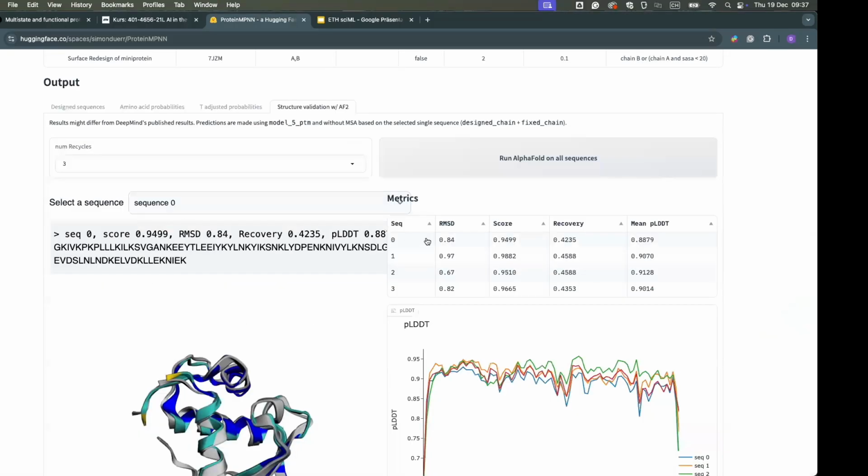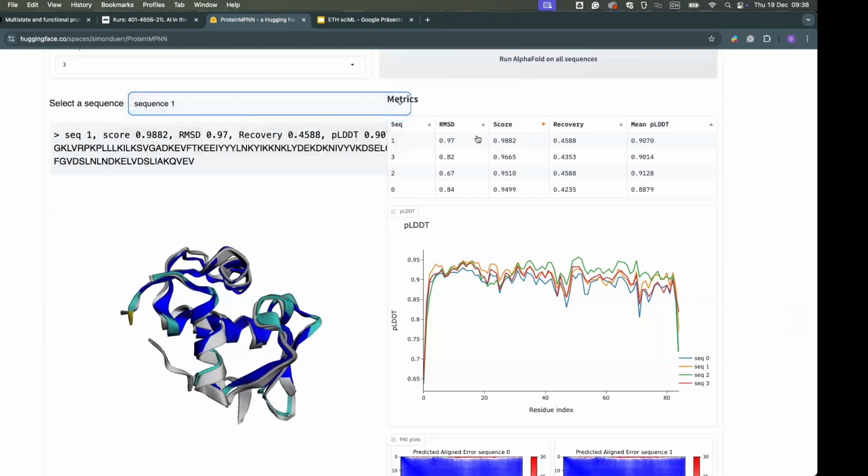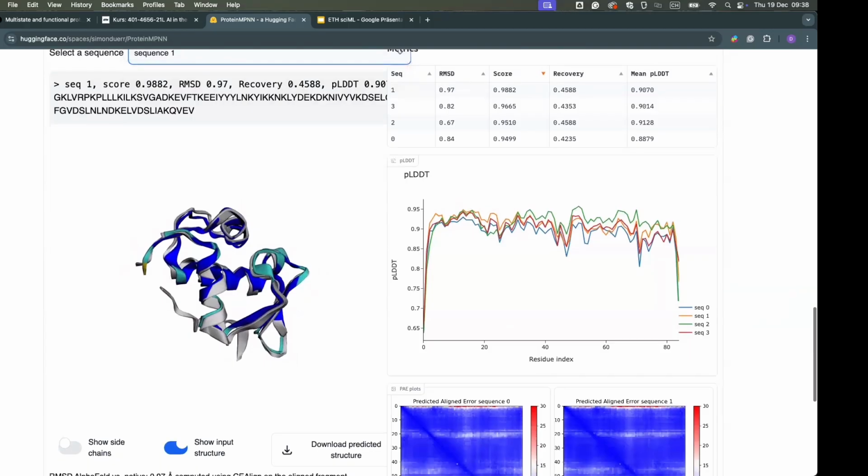So now this has finished. We can see here that for each of the 4 sequences, we have some scores and then the recovery, and also this pLDDT score, which is basically a per residue deviation from the structure. And we can now look, for example, at the one that is the best one, sequence 1, and you can see that